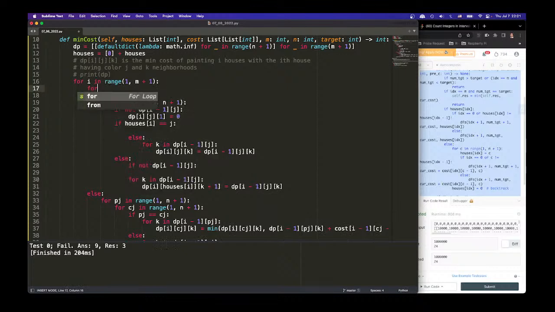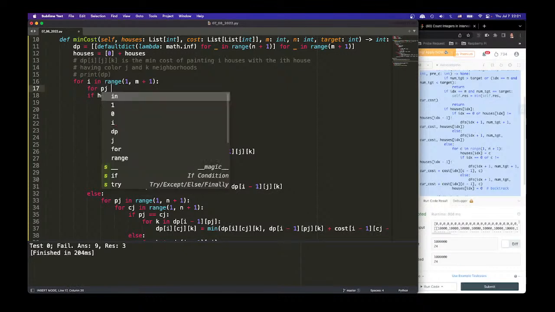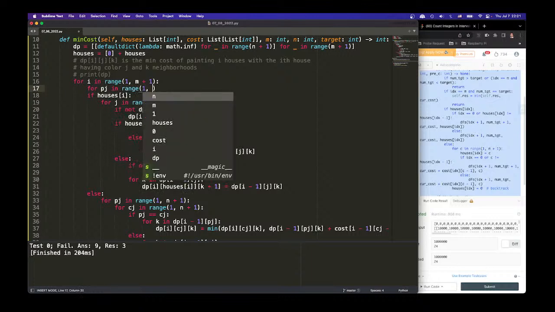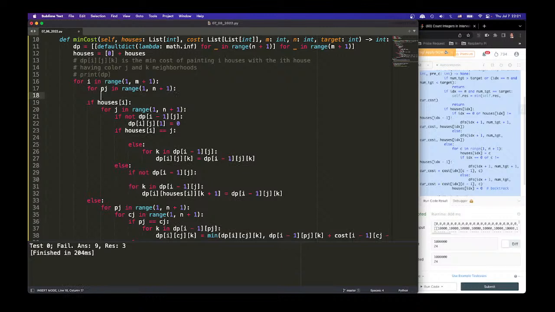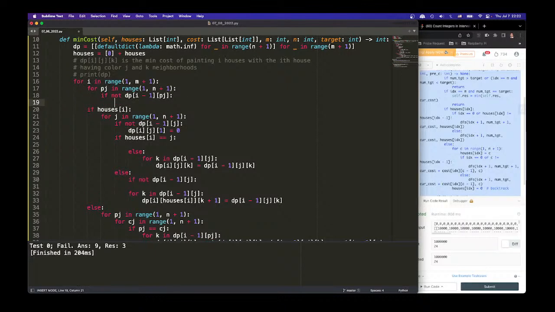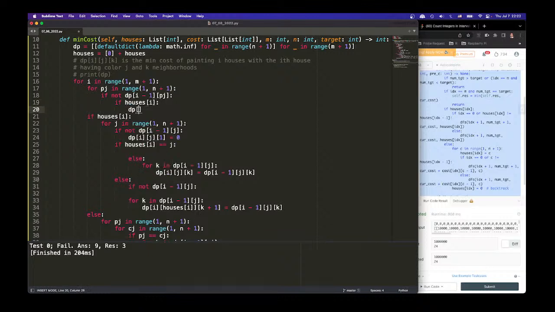Let's say for previous color in range 1 to m plus 1. Okay, that's the previous color. The current i, but previous color. And then we say if not dp[i-1][pj]. Right? If there's nothing, the previous color is nothing. So my current one is the first one that can form a neighborhood. Then I say if houses[i], which will have color, then dp[i]